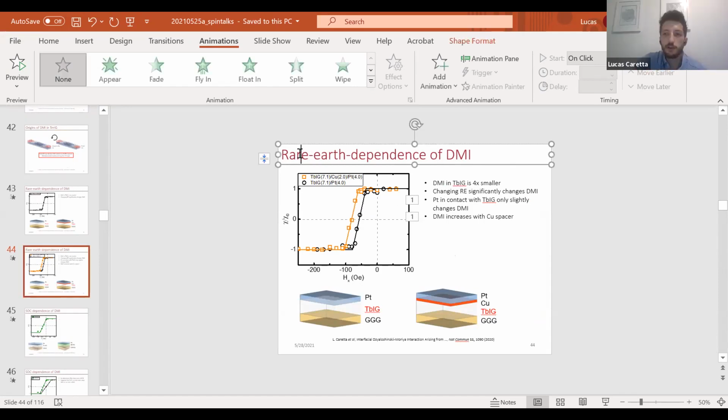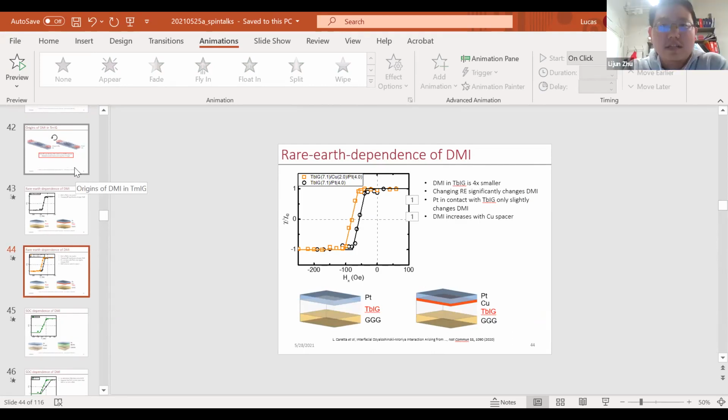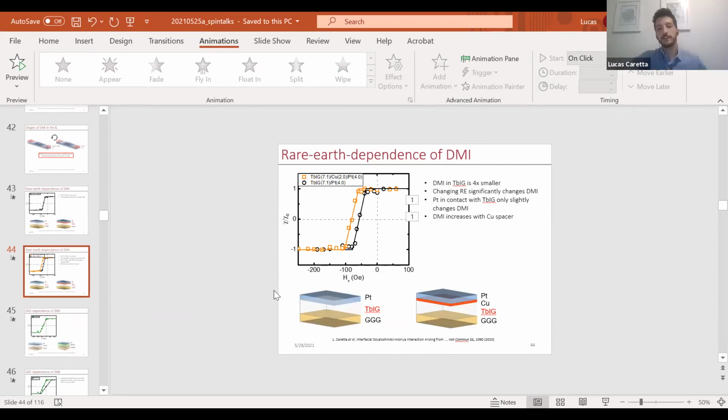Let me restate what you're saying. It's not that it's not important at all. It's just significantly less important. There are some other works, not just the work I'm showing here, which show that the platinum contributes a little bit to the DMI. But what we find is that the other interface contributes even more. In fact, it looks like they're opposite in sign. So you have a big effect from the bottom and a small effect from the top. And it's really the effect from the bottom interface, the substrate interface, the oxide-oxide interface.